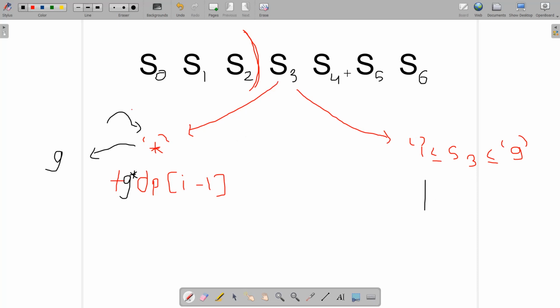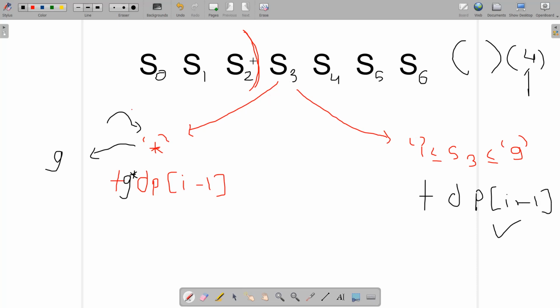If it is S0 to S2, there is something, and if it is any character, let's say 4, this character is fixed, so you need to go with the previous values, right? If it is a star, there can be multiple possible values varying from 1 to 9. Now this is fixed, so there is only one way, and if it is only one way, 1 times dp of I minus 1, which is actually plus dp of I minus 1. So this is for partitioning over here.